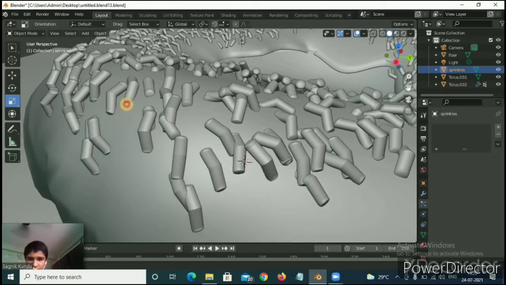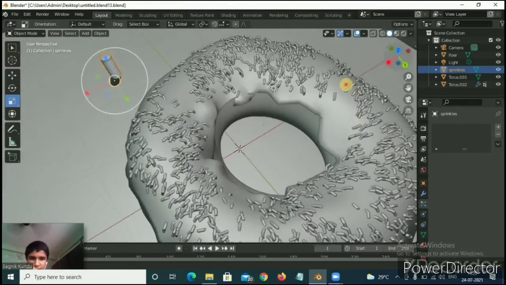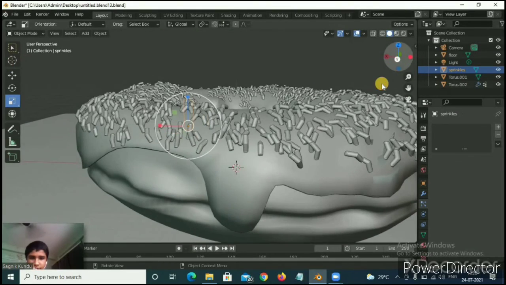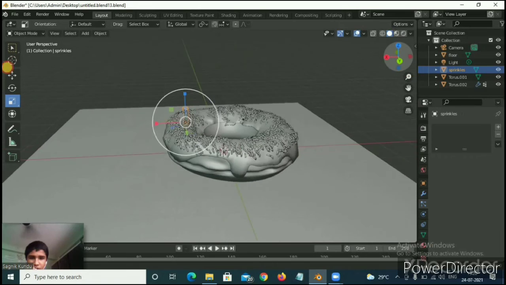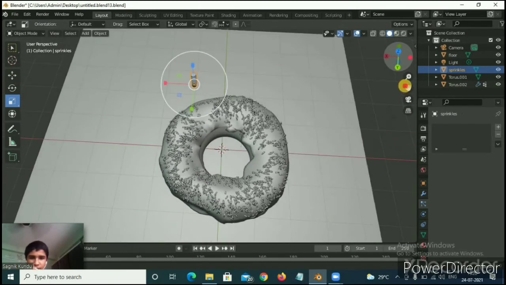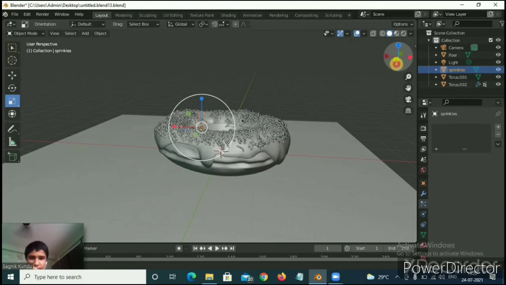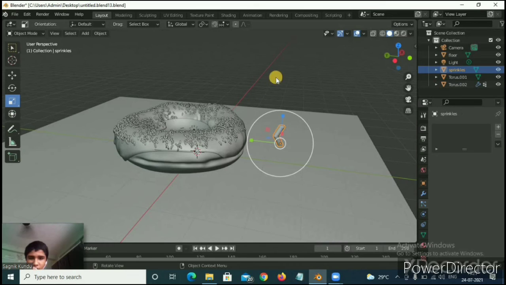Okay, they are just in the shape that I made, that I changed. Okay, now it is looking much more beautiful than the previous. So I will edit again.